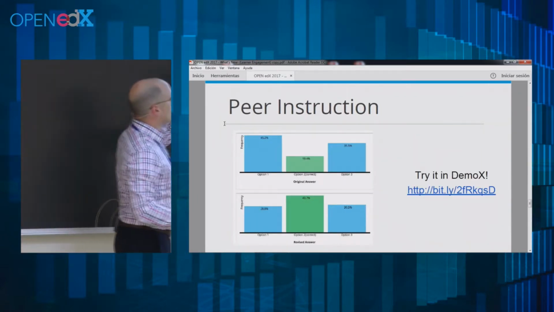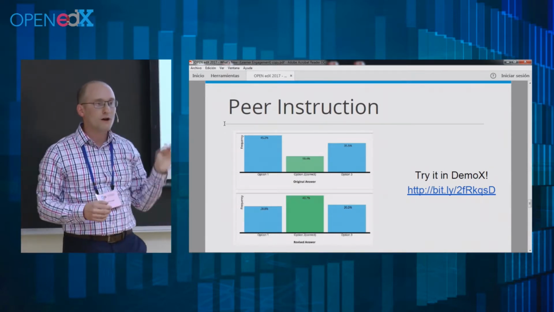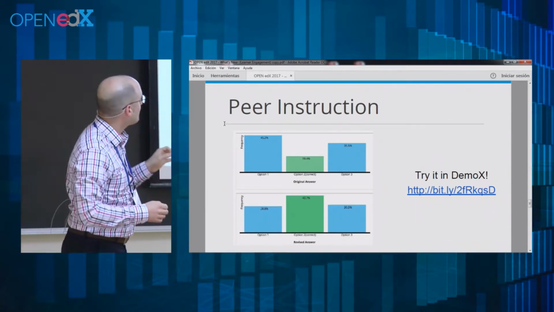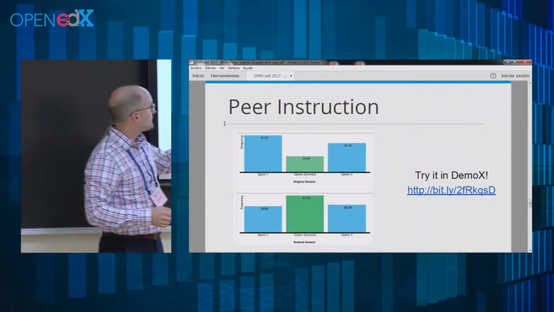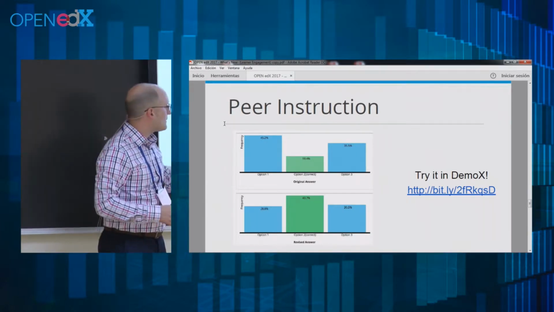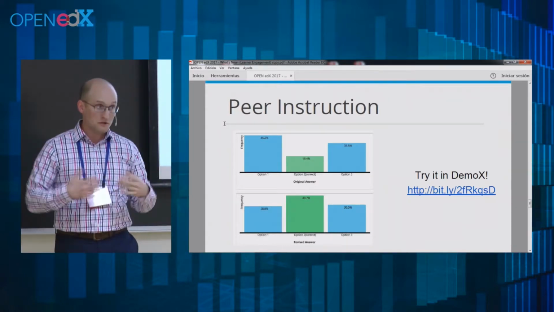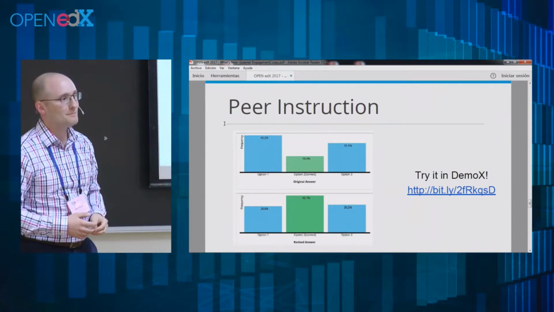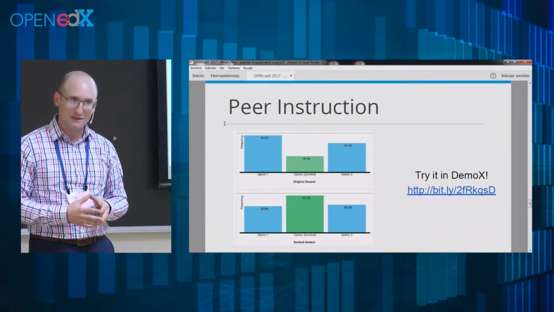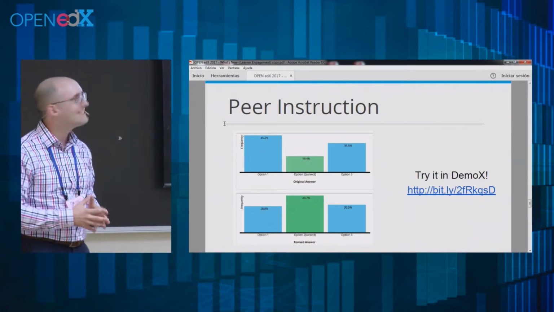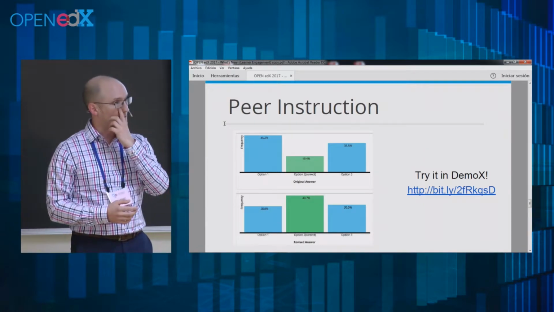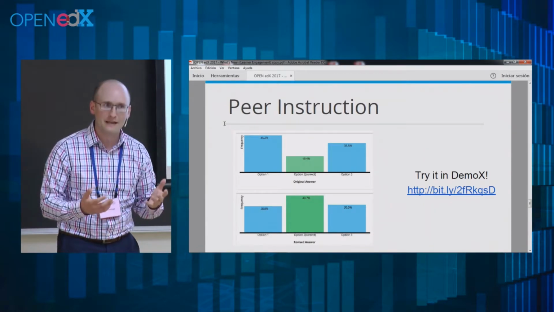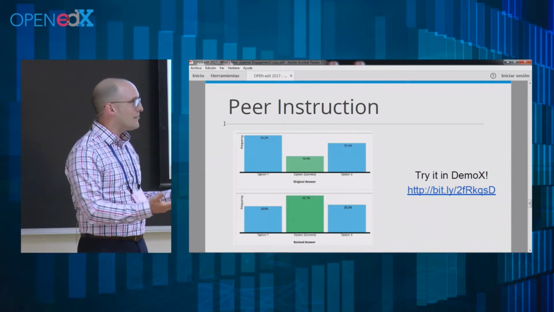And so they're provided with this original answer, sort of the outcome of what learners in the course picked first, as well as the revised answer. In this particular example, you can see that quite a few learners learned successfully from their peers, assuming that the question was worded correctly and carefully and fairly. That's an important one. If you want to try this yourself, there's a great example, an interesting example from UBC that involves